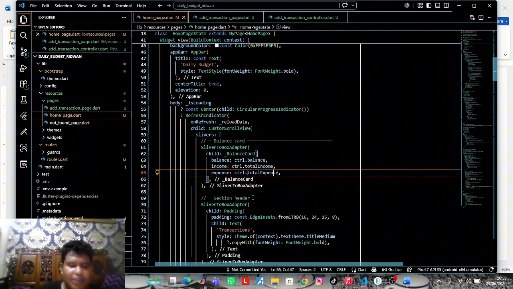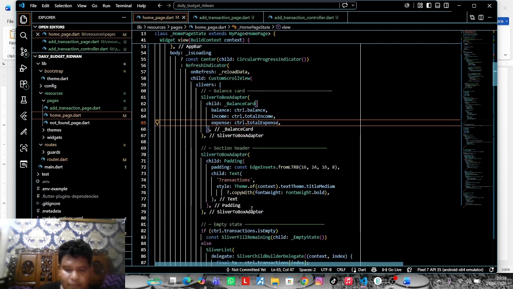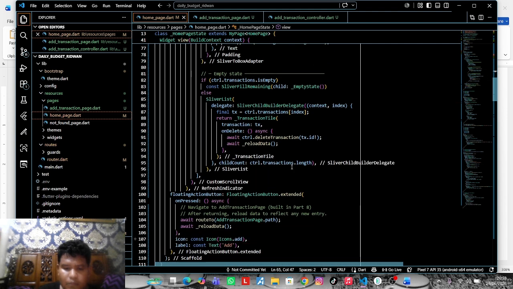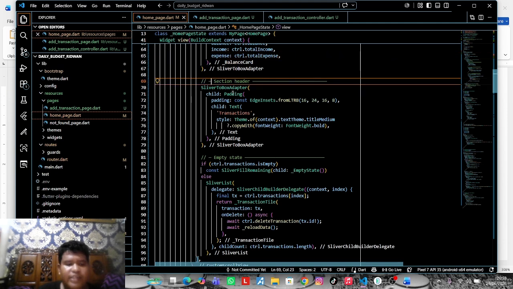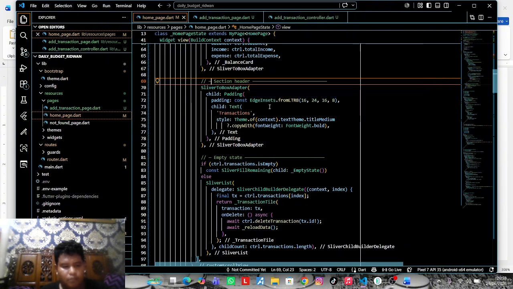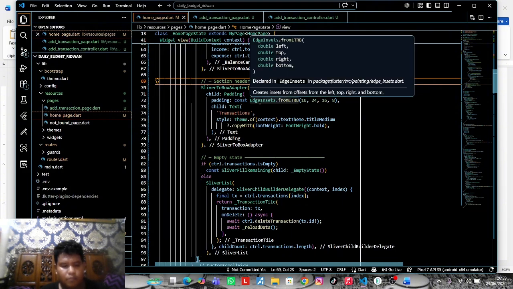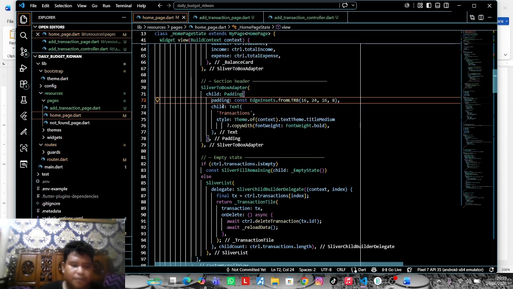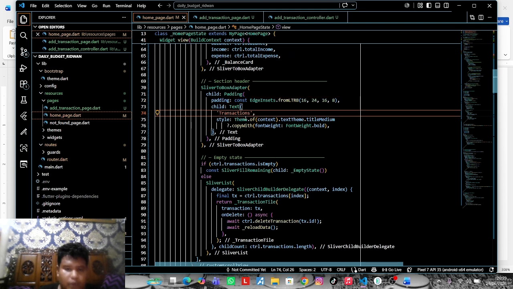Below the balance card, there is the transaction section where all transactions are displayed in a scrollable list.